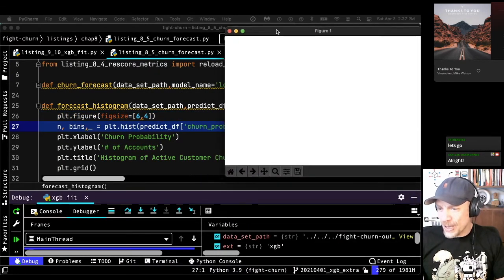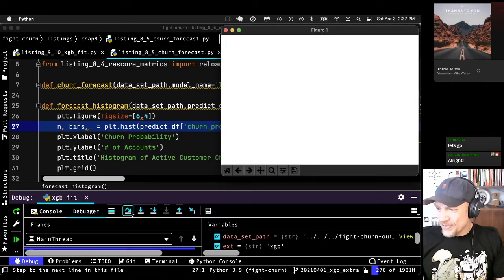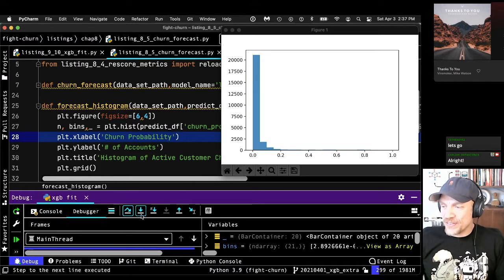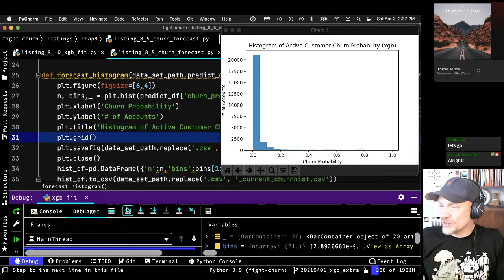My plot showed up in my other window. I'll just put it here where you can see. So now we just call the hist function, which is a built-in matplotlib function. Okay, so that's our histogram. And the rest of these lines are going to put the labels on the histogram and then save it. So here go some labels.